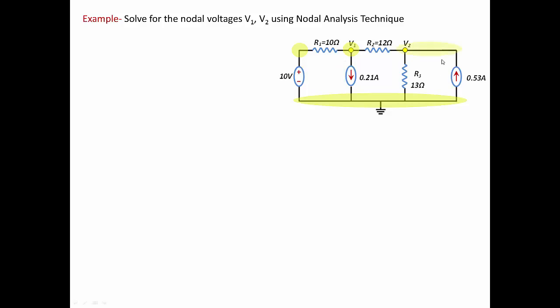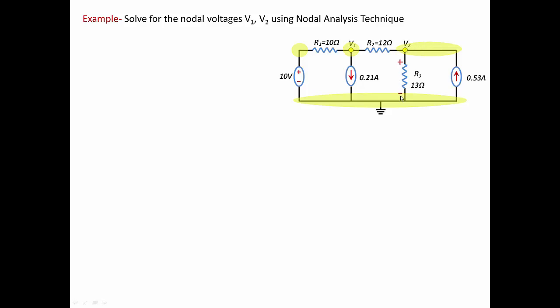Also, we have another node over here. This node is basically where the three branches are connected: this resistor and this current source. Now keep in mind that this short circuit is the same node, right? So the short circuit is the same node. So this is the second node, we call it V2, and the nodal voltage at this node is basically the